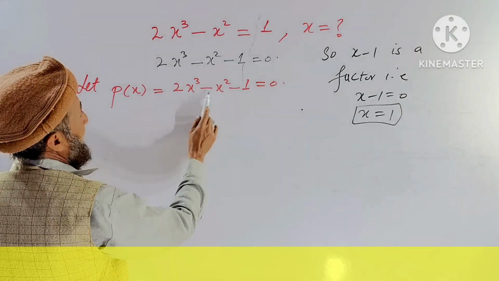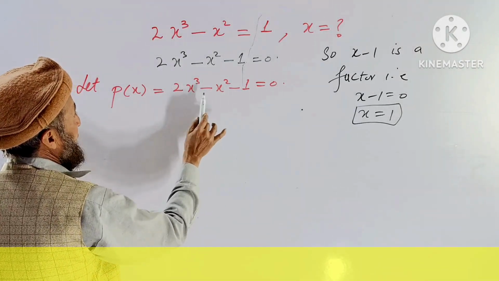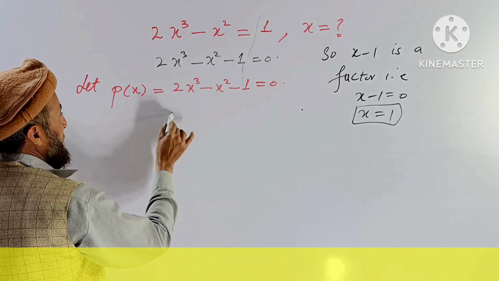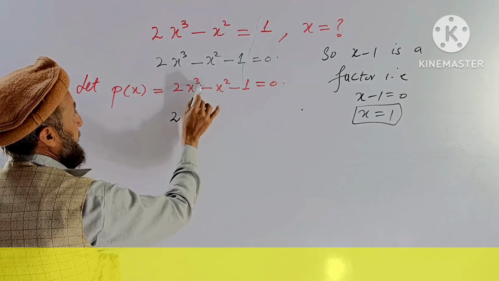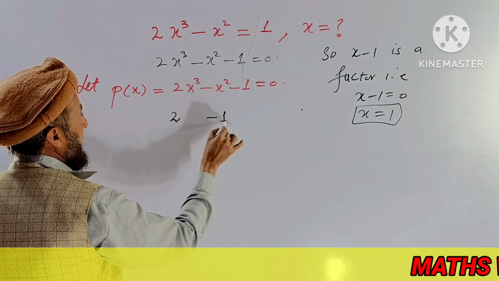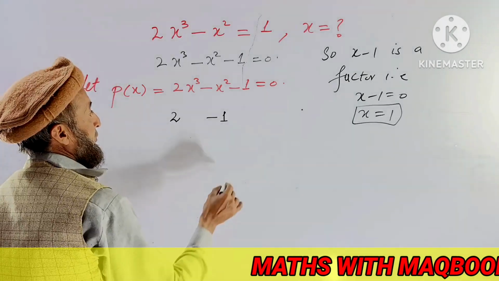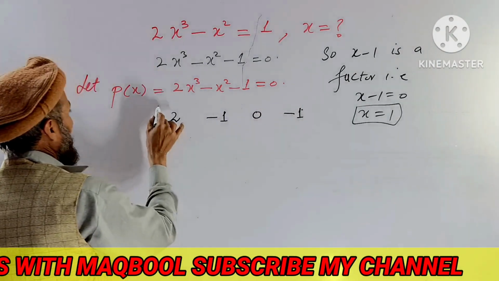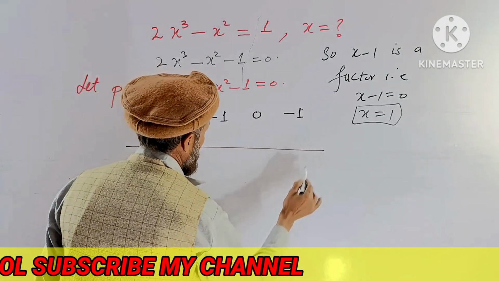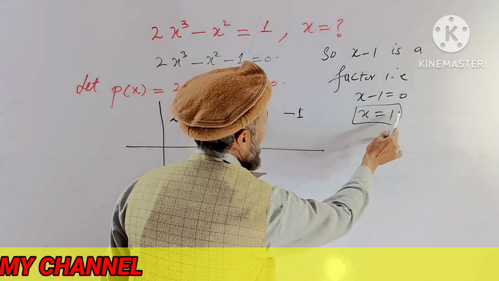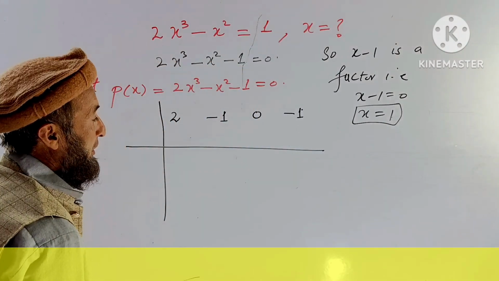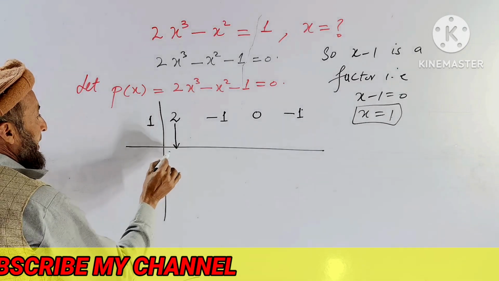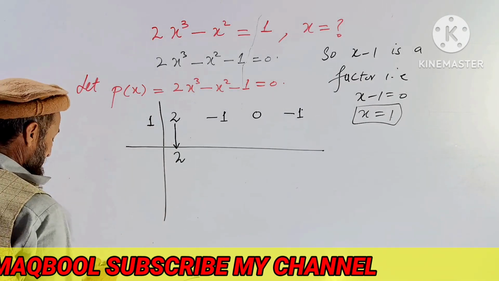Look here. This question we write in the synthetic division, we write the coefficients of the highest variable. Here the highest coefficient is 2 for x cube, and minus 1, but here x is absent, so we write 0 and the constant minus 1. Now in the synthetic division process, x is equal to 1 is already done, that is the factor. We divide by this factor. The first value we write always the same.